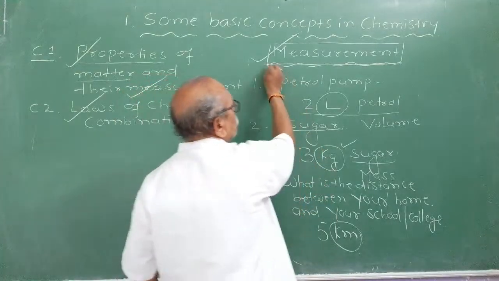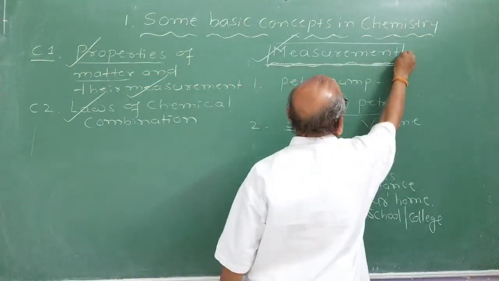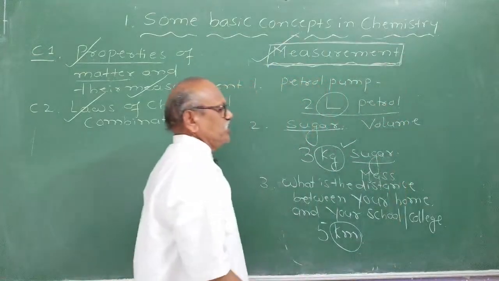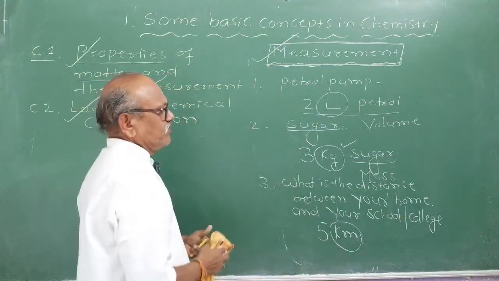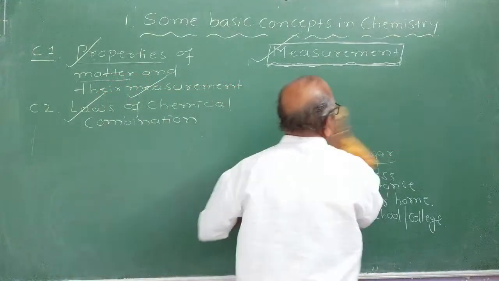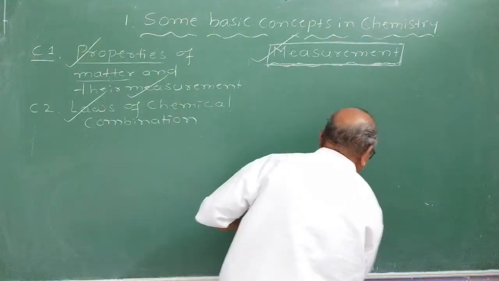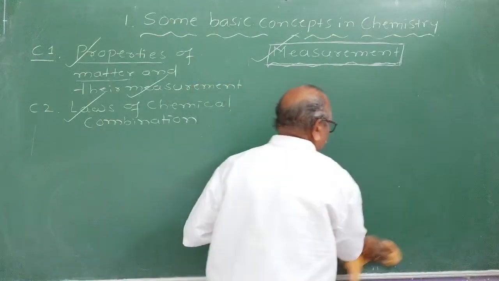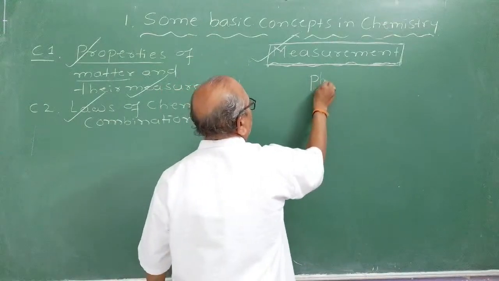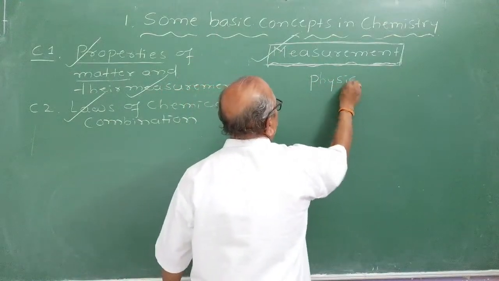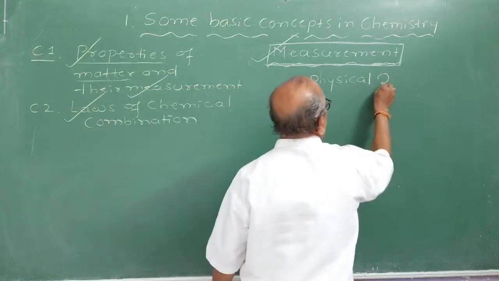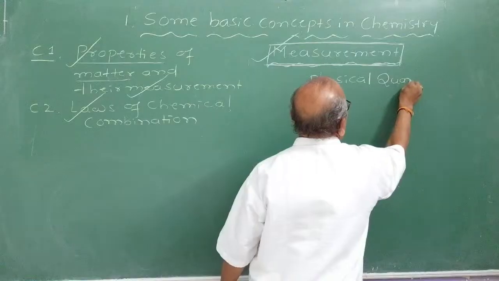Measurement is the most important thing contributed by physics, as well as required in chemistry and as well as in daily life, right? And this measurement of any substance, it is called as a physical quantity. What do you mean by physical quantity? Physical quantity, very important thing. We'll start the numerical part or measurement part with it. You have to understand first.